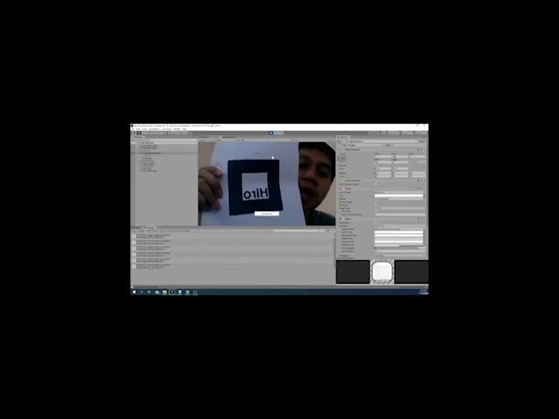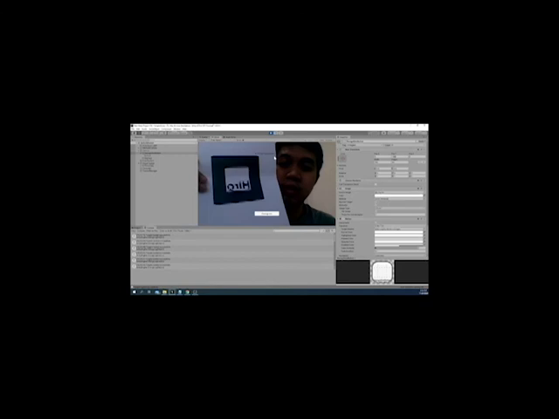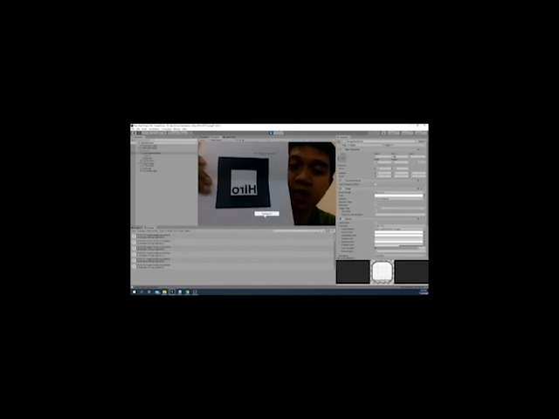Okay, what happens if I make it like this? Okay, and then I try to recognize. So it shows no target recognized. So the system is not able to recognize this marker. Okay, so if you try again, this is the marker that we saved into the cloud. Then when we click the recognize button, it shows the marker name.